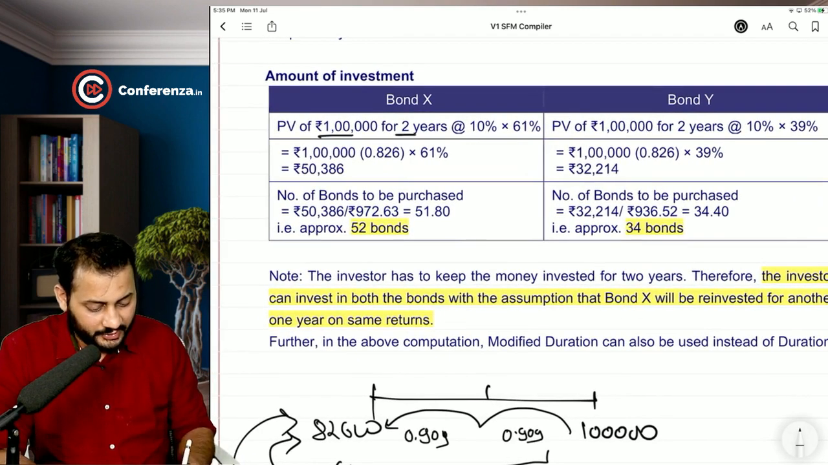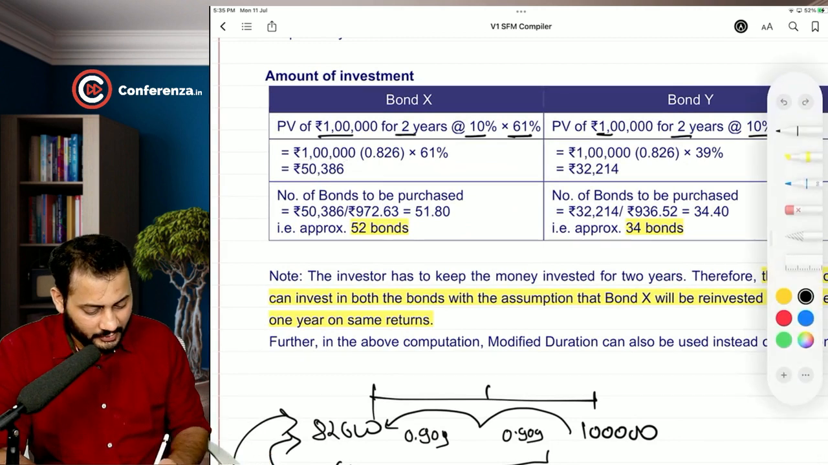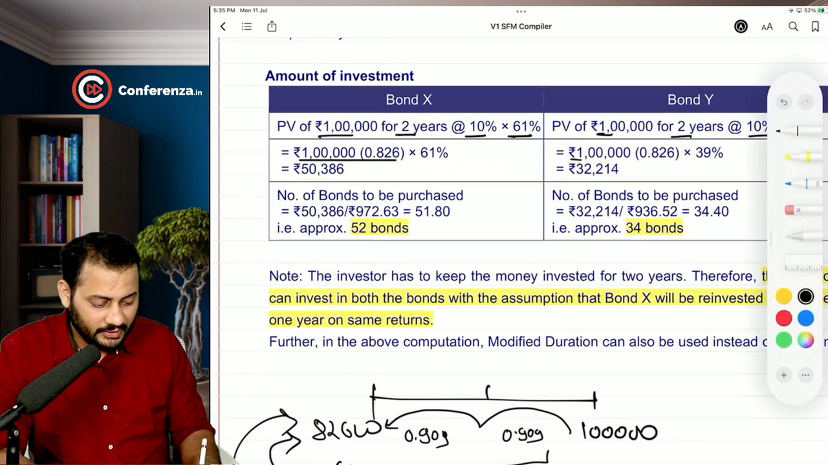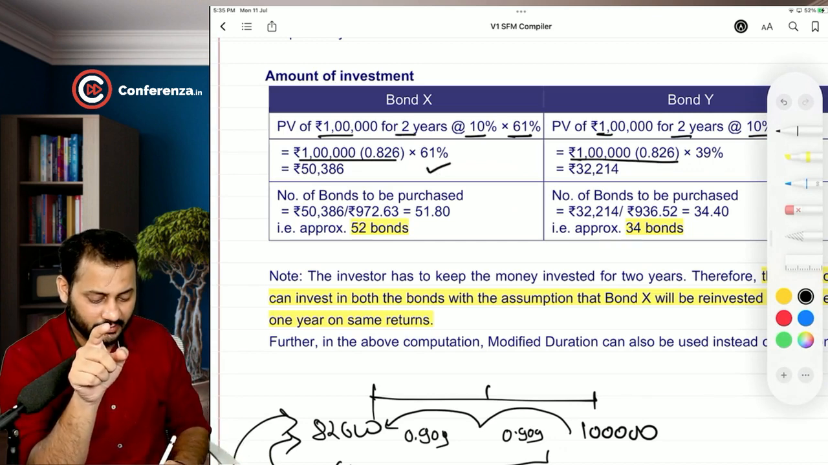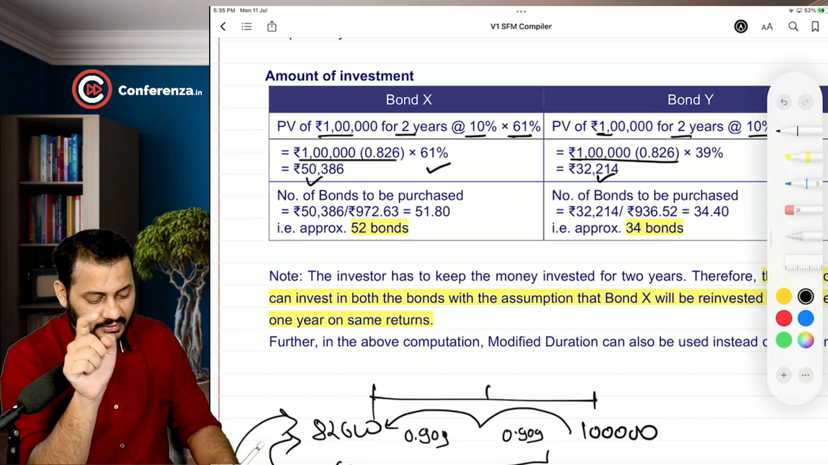1 lakh for 2 years at 10%, 61%. 1 lakh for 2 years at 10%, 39, sir. So 50,000. See, very simple. 1 lakh into 0.826, 1 lakh into 0.826, that means 82,600 into 61% comes to 50,386, and then 39% comes